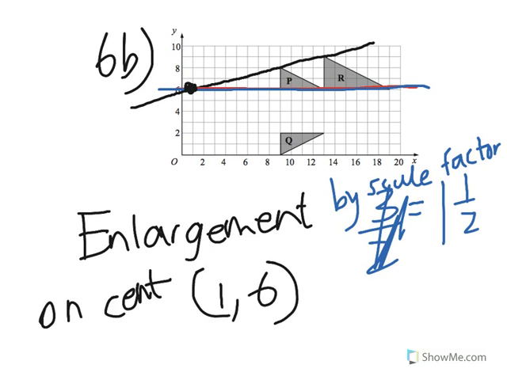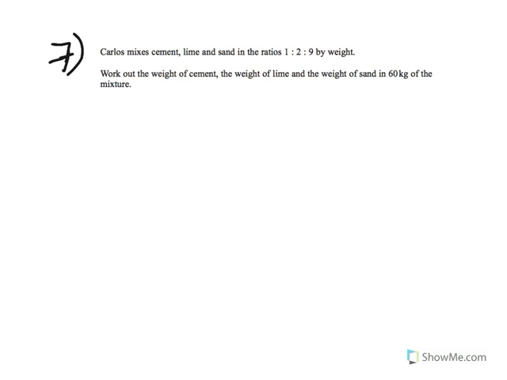And then you say center of enlargement, whatever, is (1, 6), sorry. Okay, so Carlos makes this mixture out of cement, lime, and sand in the ratio